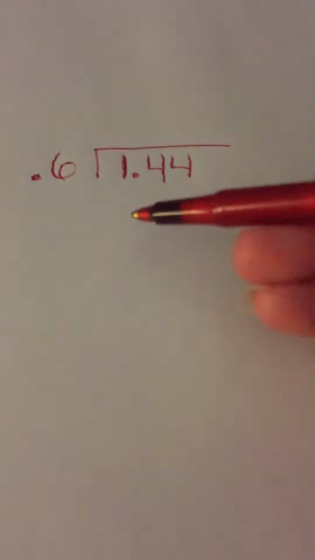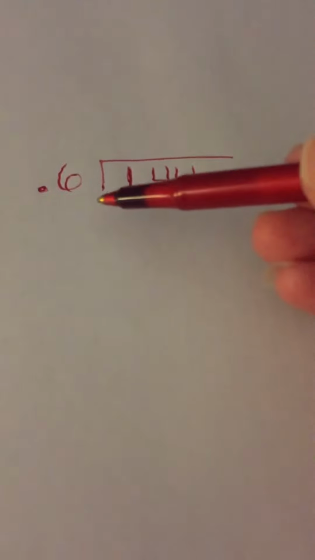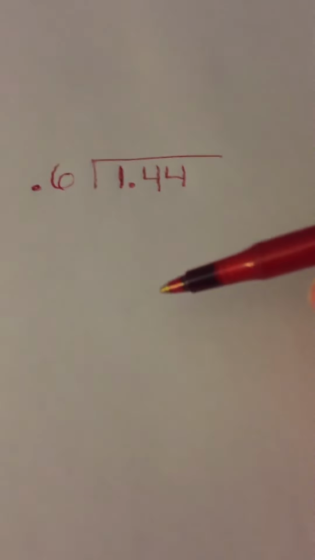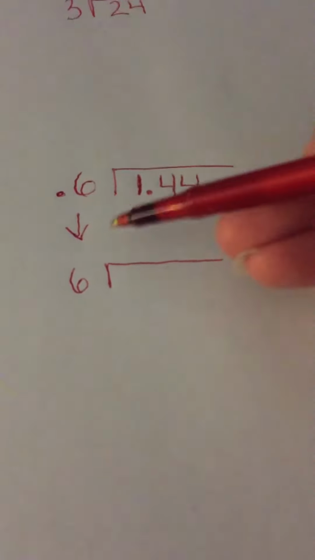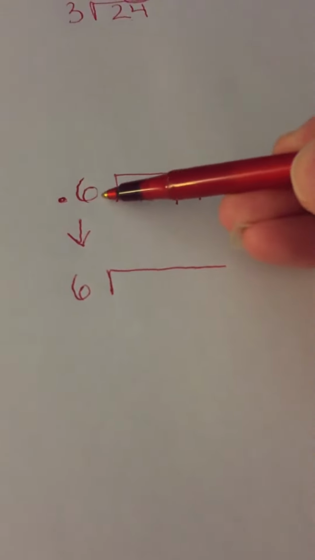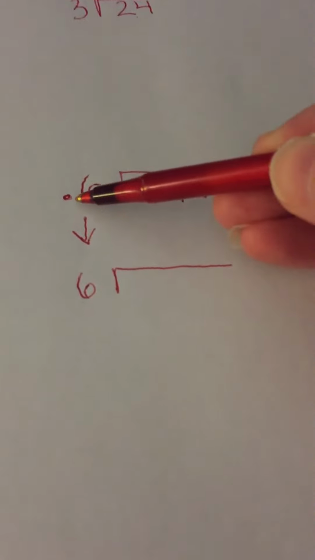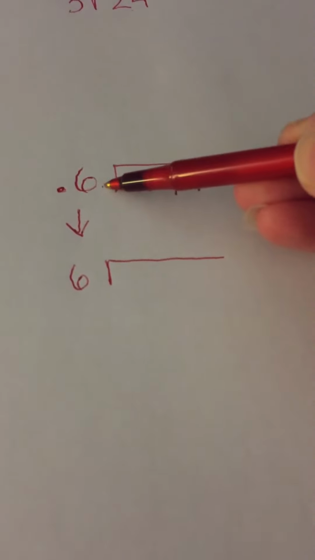A second example would be 1 44/100 divided by 6/10. First step is to convert our 6/10 into 6 wholes. In order to do that, we would multiply our 6/10 times 10, or move the decimal point one space to